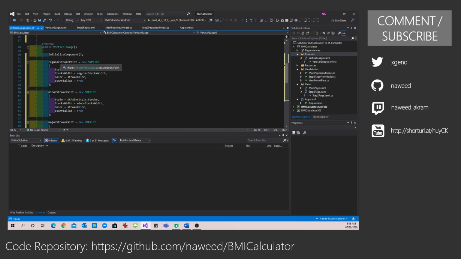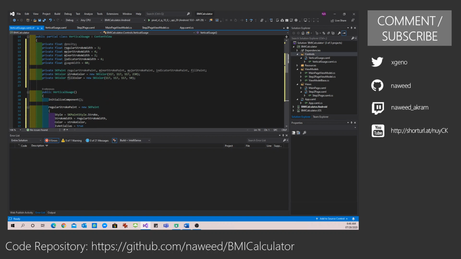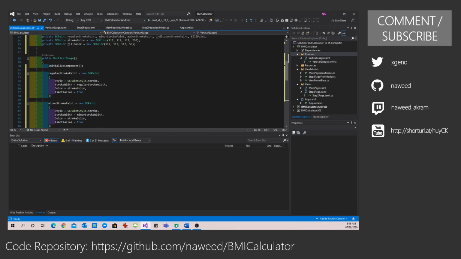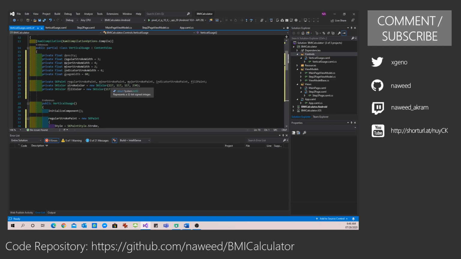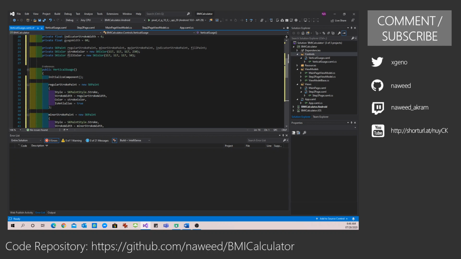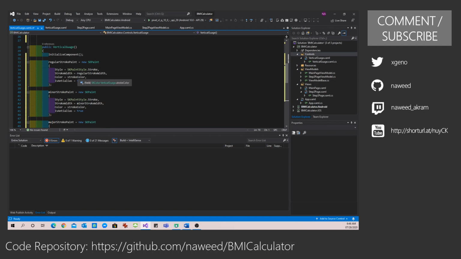So for example, my regular stroke is a paintbrush which is only going to use the stroke and using the regular stroke width, which is 3 pixels, and it's going to use the stroke color, which is light gray with an opacity of almost 100%. So this is 230 out of 255. 255 is 100% opacity, and I'm using anti-aliasing.